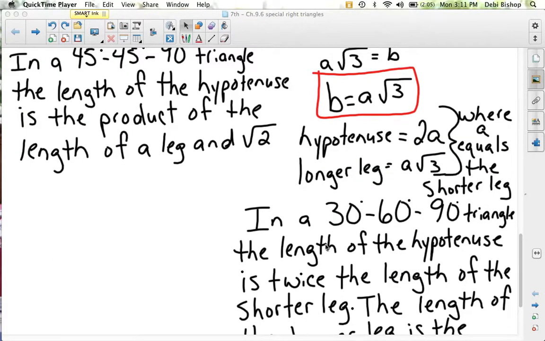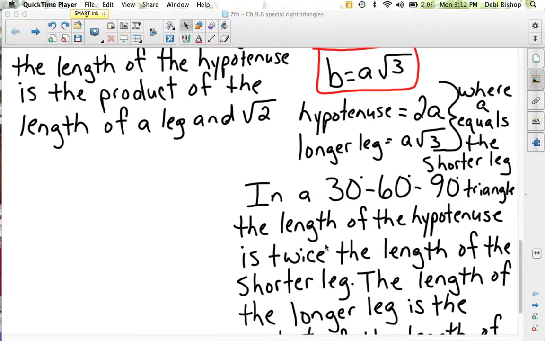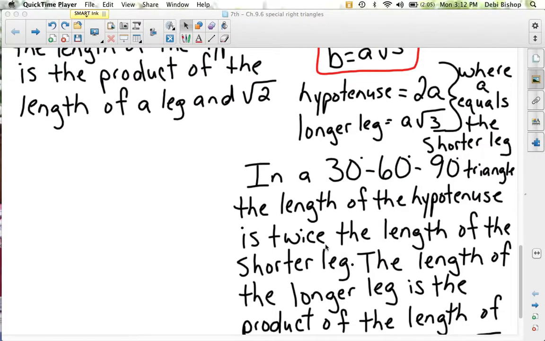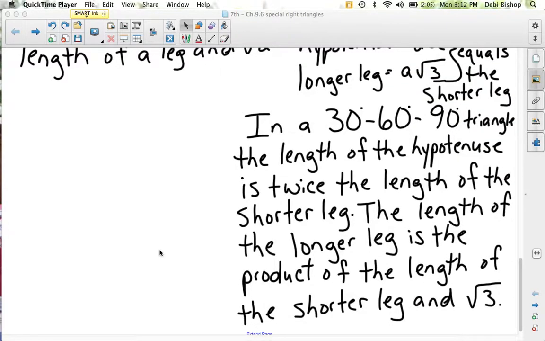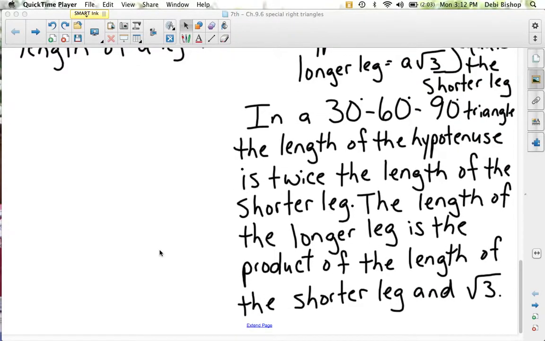So here it is in a 30-degree, 60-degree, 90-degree triangle. The length of the hypotenuse is twice the length of the shorter leg. The length of the longer leg is the product of the length of the shorter leg and the square root of 3. So we will do some examples and work on this tomorrow in